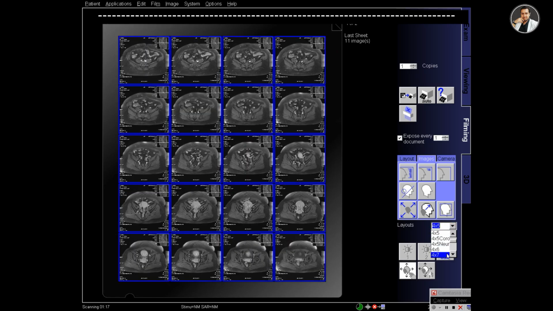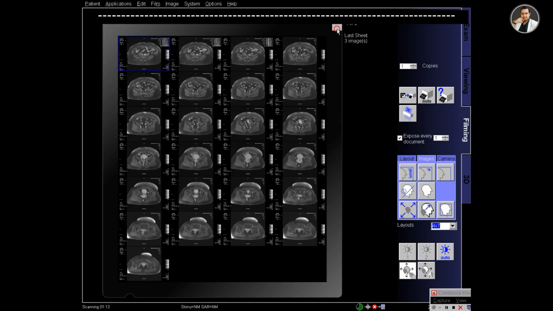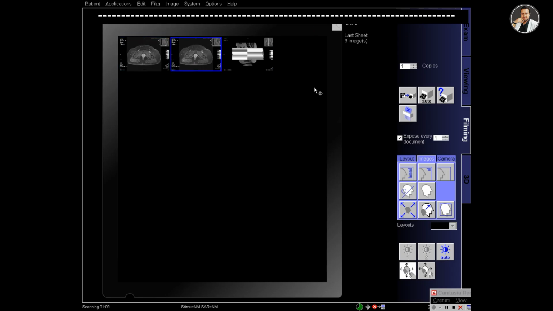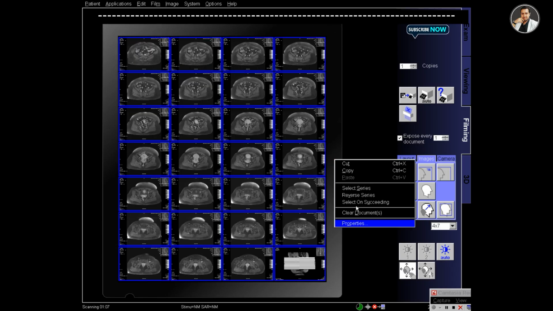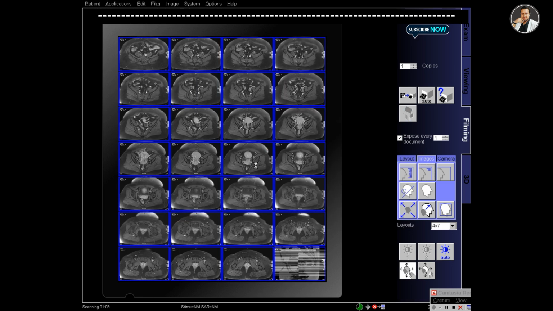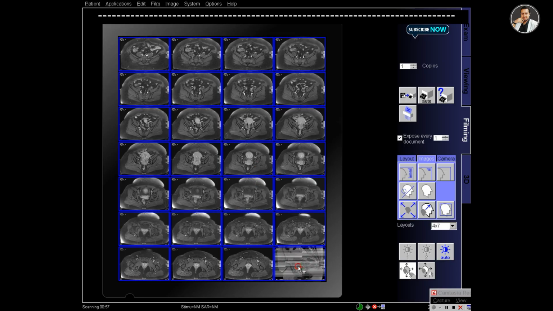From the layout, select 4 into 7. And there are 3 extra images, so delete 3 images so that there is only 1 frame remaining. And from the properties, remove the reference image from all the segments, and now drag and zoom pan to adjust the images perfectly, and also adjust the reference image